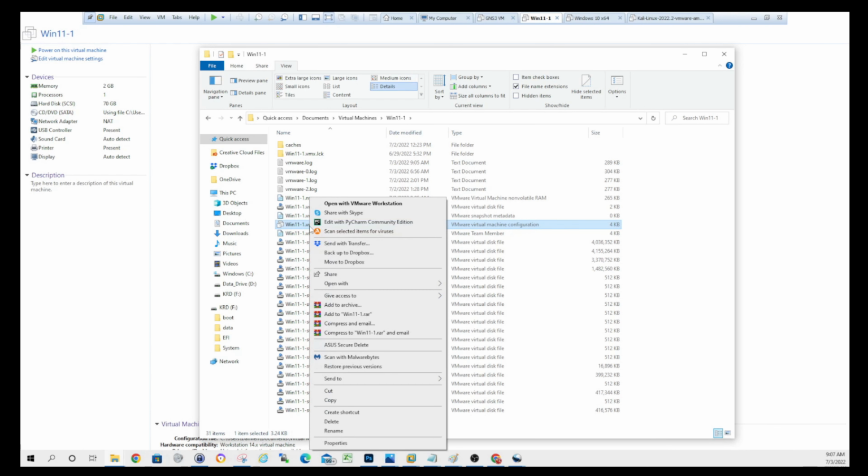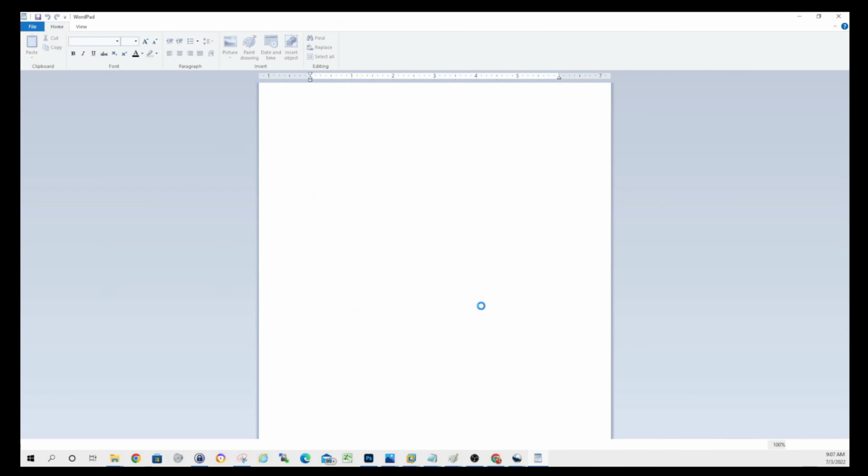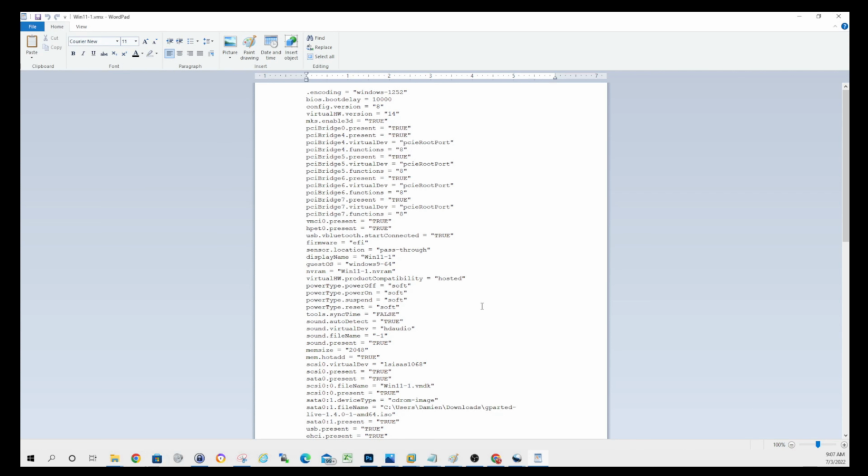So we're going to want to open this with, you can use any text editor. I use WordPad, it just displays the format a little cleaner. If you have Notepad++, that works too. I already have mine in here, guys, but basically you can put this anywhere in the VMX configuration file below this first line of the encoding. So leave the encoding at the top, and then you're going to put in